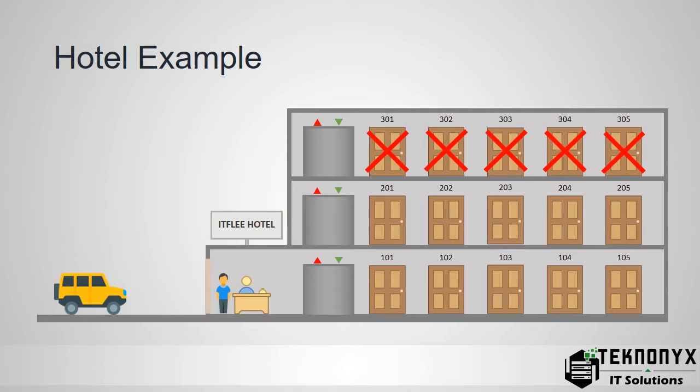The clerk finds that the first three bottom rooms have been reserved, so he can't give those rooms to Johnny either. This would be an example of a DHCP reservation. The people aren't in the rooms yet. The IP addresses are not taken necessarily, but they cannot be handed out because they're reserved for other people or other computers. Now, just because an IP address or a room is reserved, it does not mean that it's not in use or it is in use. All it means is that no one can go into this room or use this IP address because it's reserved